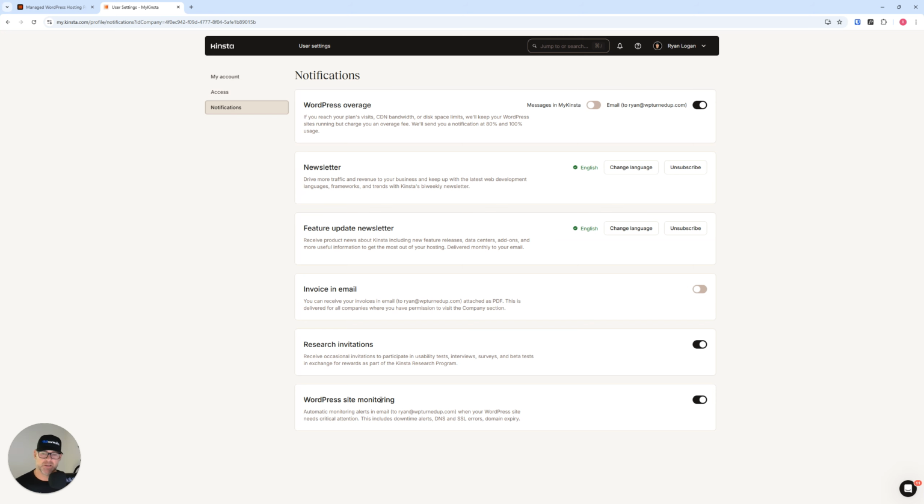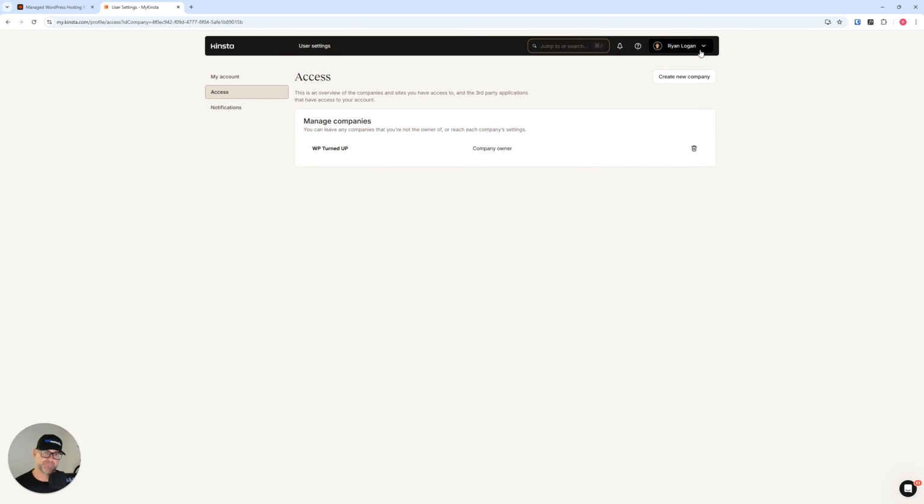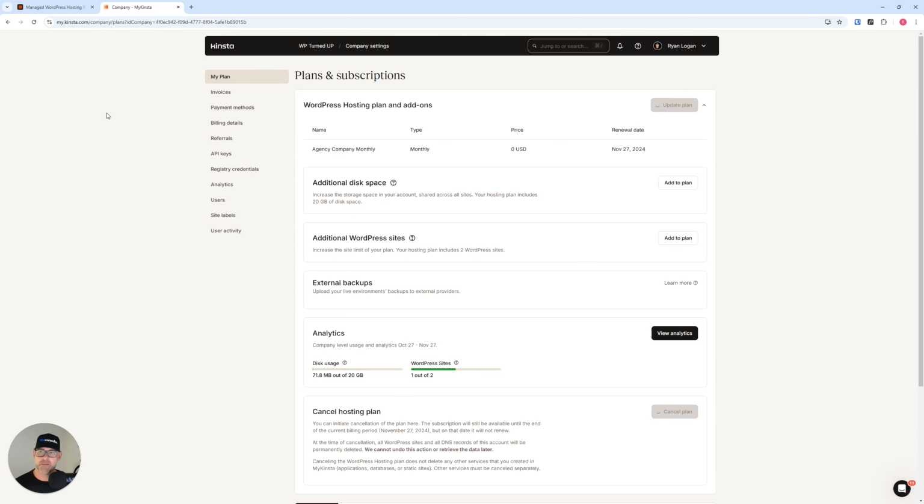WordPress site monitoring, if you want to get alerts, like if your site's down or something else like that, you can do that. Then under company settings, you can get in here and you can mess with the billing. If you're part of the affiliate program, change your payment methods, see your invoices,